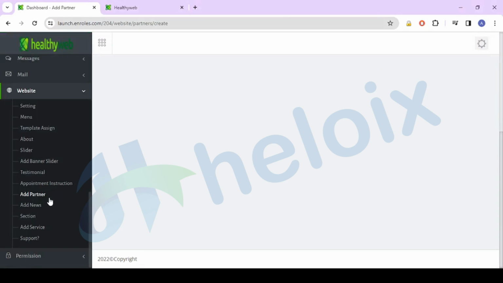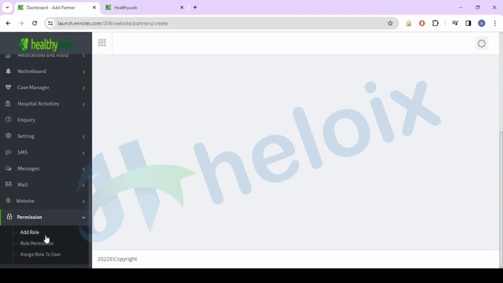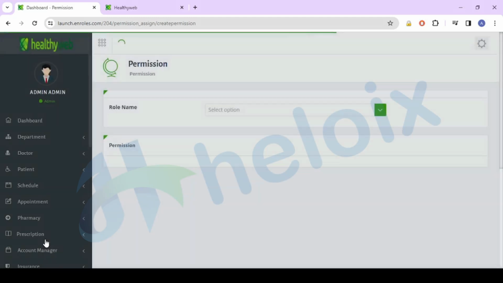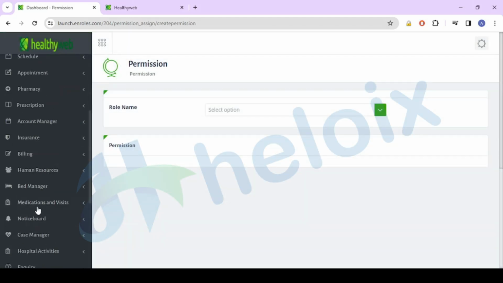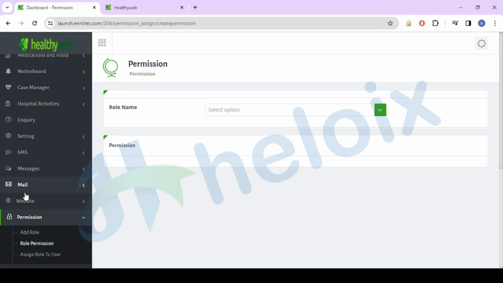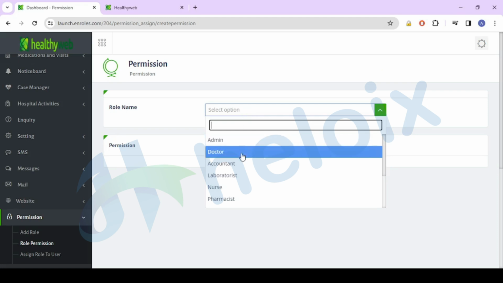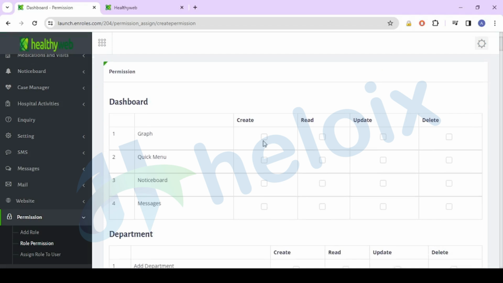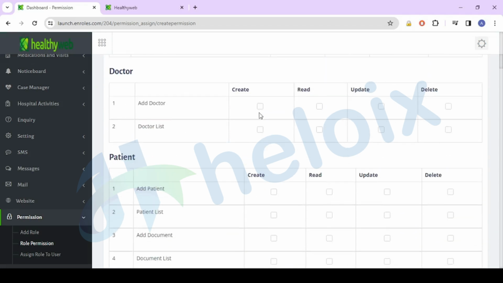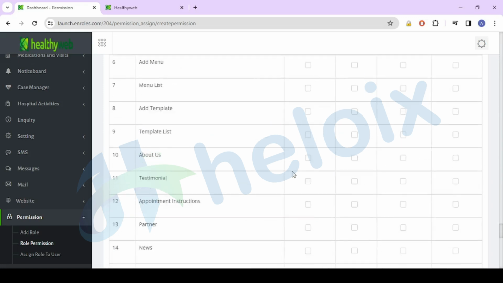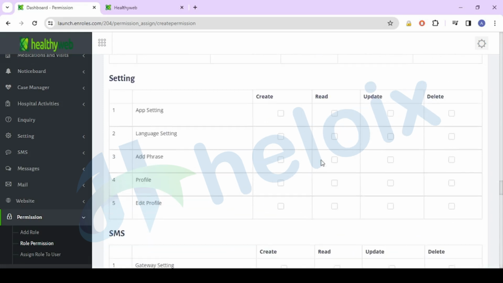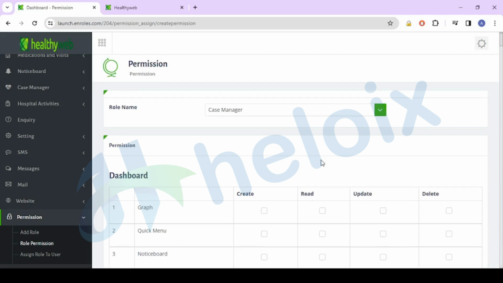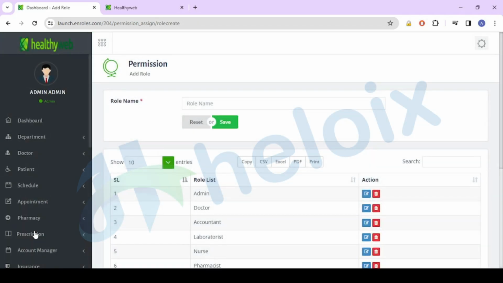Here you can use permissions. This is the important thing. You can create your roles here easily. Here you can check your roles and permissions. Okay, just add details and then you can create. See these roles which we already created. Also you can check how much permission you need to update. You can update any role's permissions, which permissions you want to allow, which permissions you don't want to allow, then you can manage that. Here you can check roles, manage them, or if you want to add a role, then you can add as well.